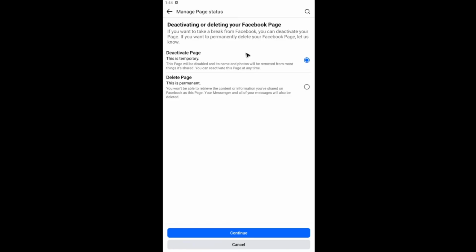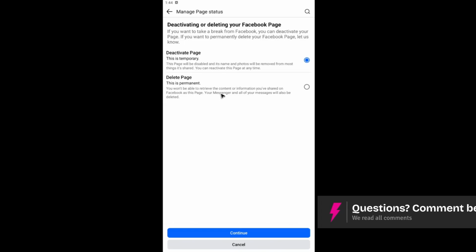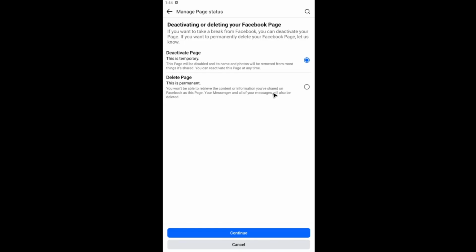All right. Then there we have our option to delete. So you can see this is permanent. You won't be able to retrieve the content or information you've shared on Facebook at this page. Your Messenger and all of your messages will also be deleted. Now, if you're sure of deleting your Facebook page, you just go ahead and select this one and hit on